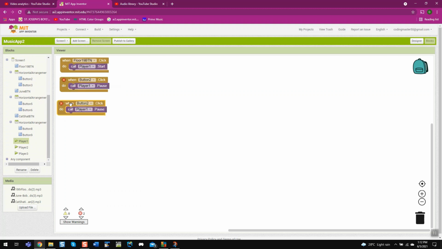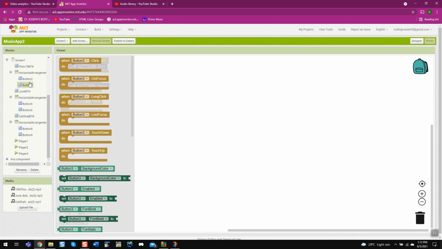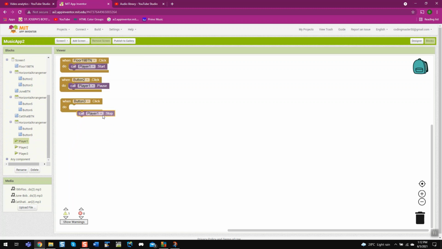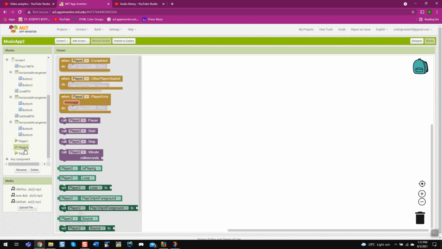When button 3 dot click, set player 1 dot stop. See, now for this one we did, and after that we need to do the same thing for player 2 and 3 with their respective buttons and other components.